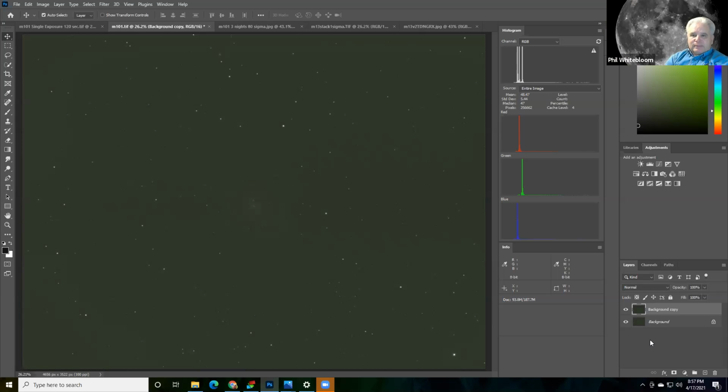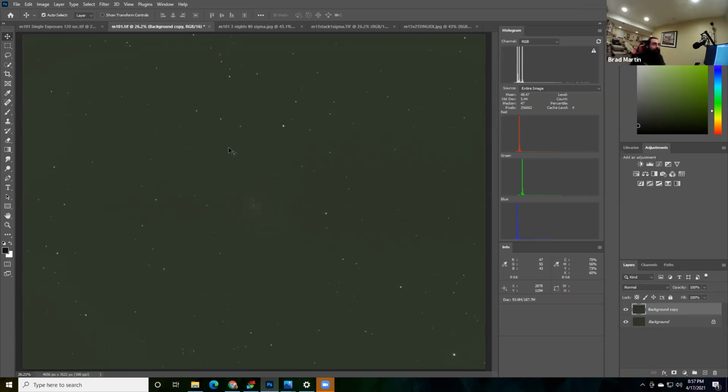That's correct. If you're going to start doing astrophotography, always work with a non-destructive workflow. Because if you get too cocky and think that you can just keep making a bunch of changes, you're going to end up ruining stuff and then have to do it over again. And then sometimes you don't know what you did to get the result that you had before, and then you never get it back. So always do that.